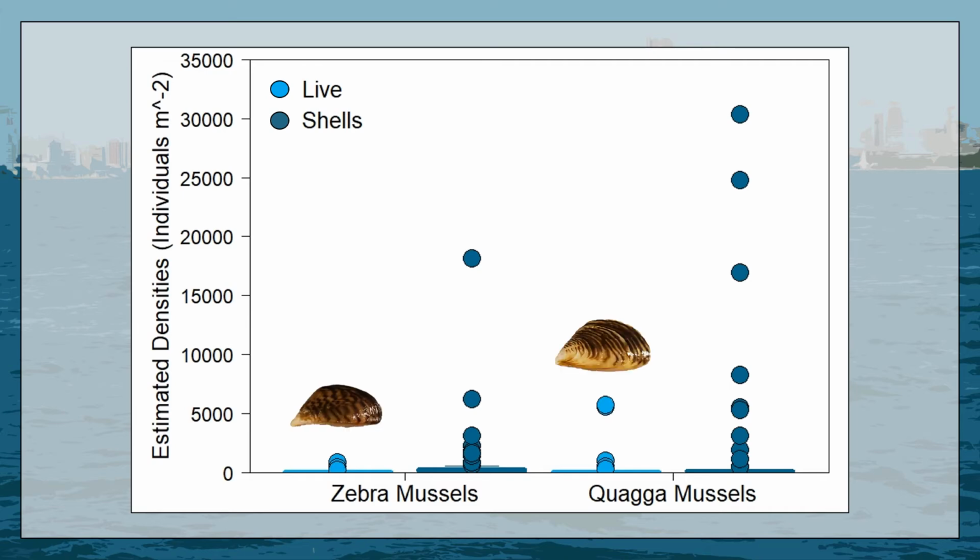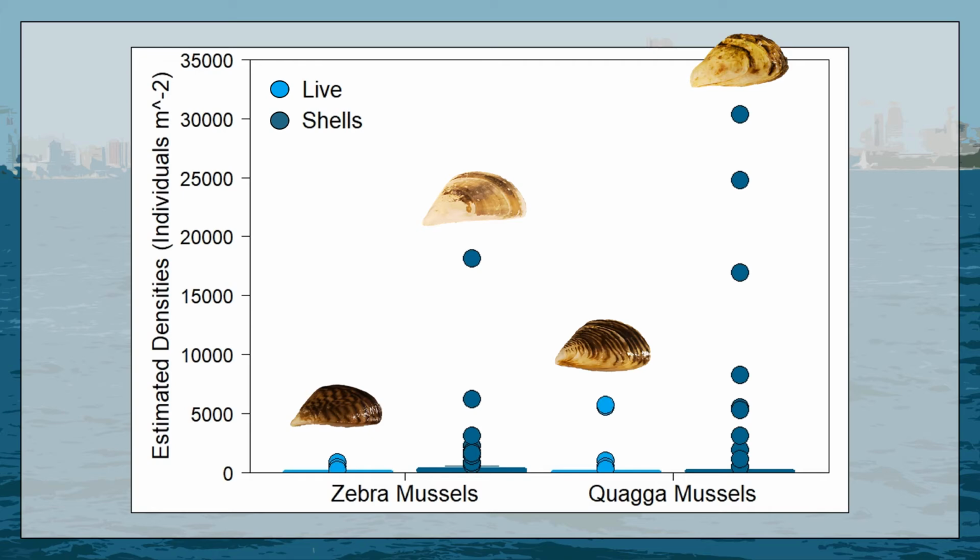Live individuals are represented in light blue and were determined to be alive at the time of the ponar grab by having characteristics such as an intact periostracum, intact hinge, attached byssal threads, or intact tissue present. Alternatively, shells are represented in dark blue and were missing the necessary qualities to be considered, well, alive.